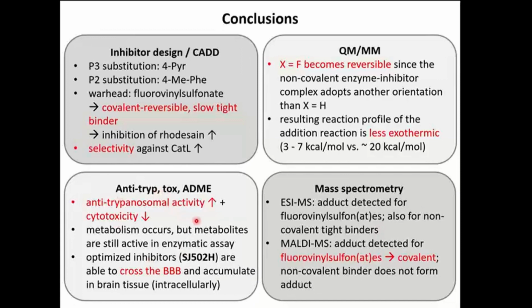and the last in vitro and in vivo studies revealed that we have a higher anti-trypanosomal activity and a lower cytotoxicity due to our optimizations. We also have some metabolism going on, and our optimized inhibitors were able to cross the blood-brain barrier and accumulate in brain tissue, mostly intracellularly. So all in all, we were able to optimize covalent reversible rhodesain inhibitors for selectivity and potency, and we were also able to find compounds with a pharmacokinetic profile that might suit further development for potential drugs against